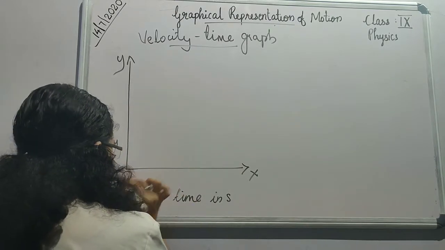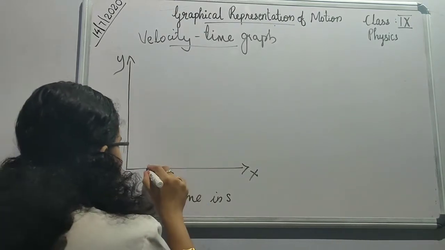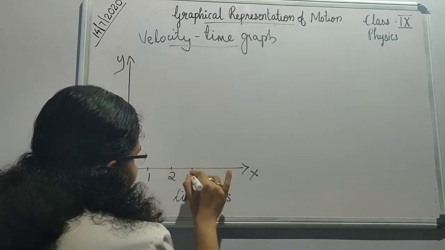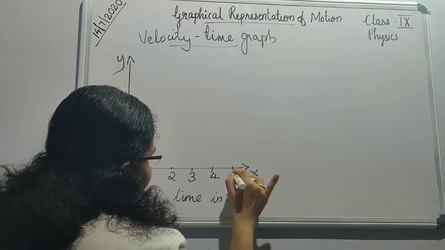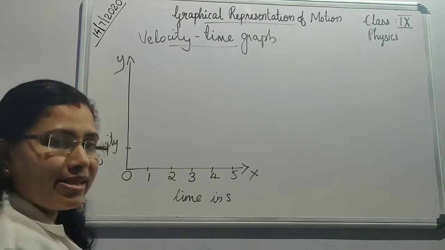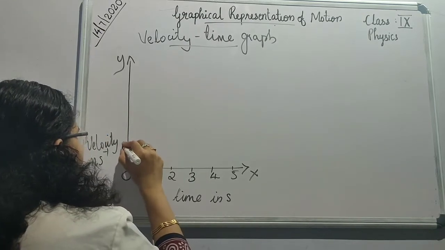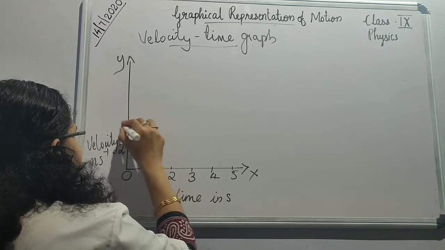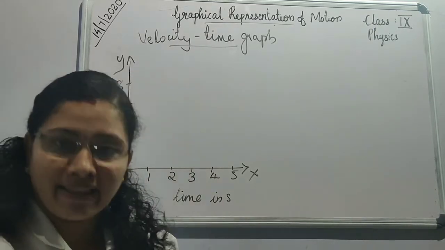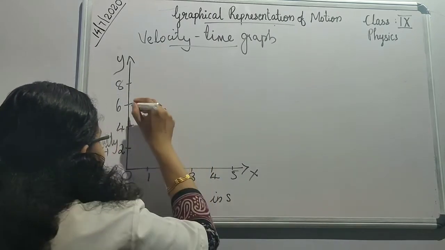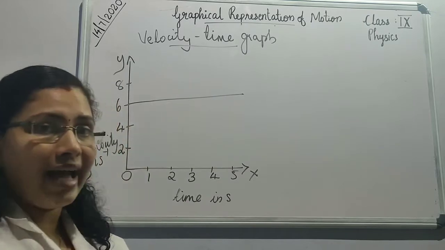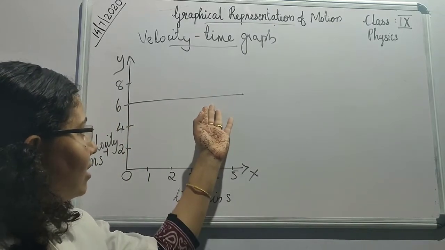This is the origin. Let me take 1 second, 2 seconds, 3 seconds, 4 seconds, 5 seconds, like that. And in the y-axis I am taking 2 meter per second, 4 meter per second, 6 meter per second, 8 meter per second, like that. Okay, and if I get a graph like this, what does it mean? We can say that this line